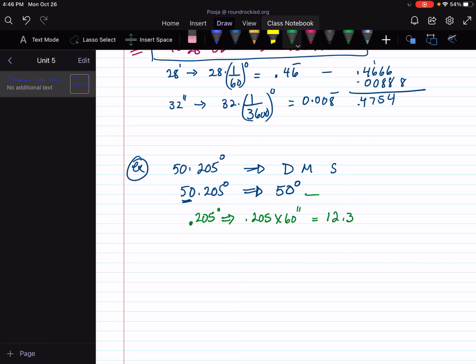So again, remember the answer is going to be something degrees, something minutes, and some seconds. So I have converted this part of the degree into minutes. How many whole minutes did I get? 12 whole minutes. So 12 has been taken care of. Now I need to take the leftover, which is 0.3 minutes, and convert that into seconds. So 0.3, and then times how much? Each minute is